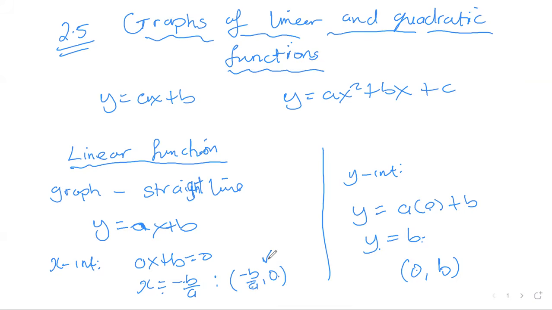So this point here is the x-intercept point, and this is the y-intercept point. So all you need to do is just to plot these 2 points on a Cartesian plane and connect them to get a straight line, basically. Let's look at some examples on how to sketch these straight lines in problems